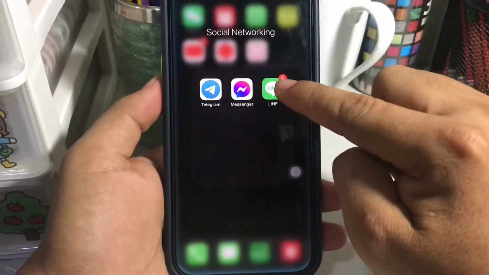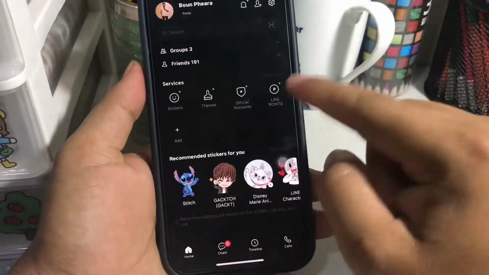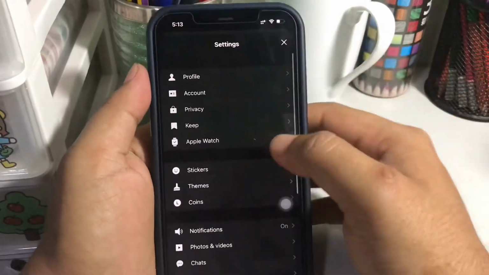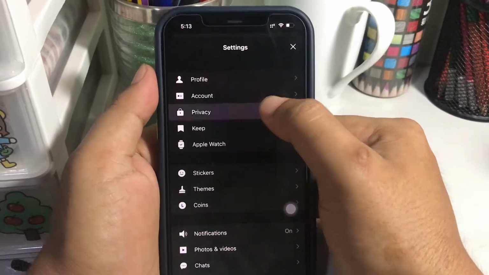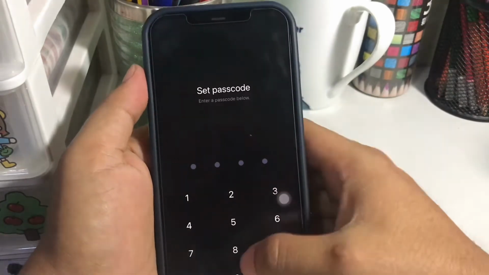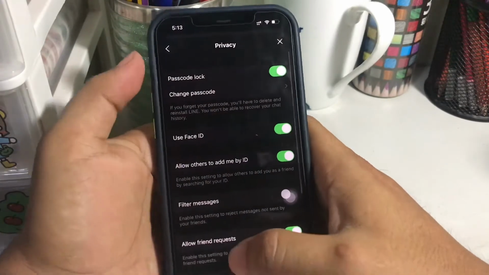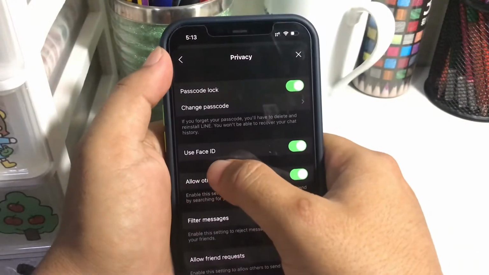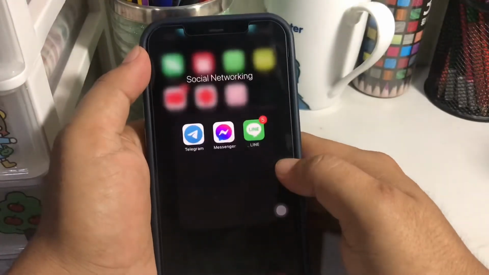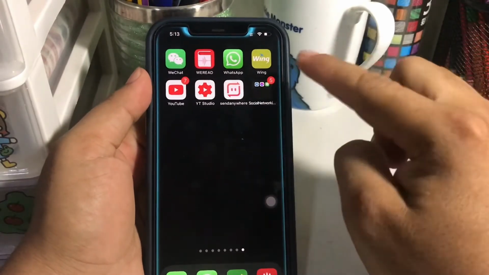and then Line, go to home, and then settings over here and privacy, you see password lock, open, include your password. This application can use Face ID because my phone can use Face ID. Okay, you wait around 1 minute, you can open,